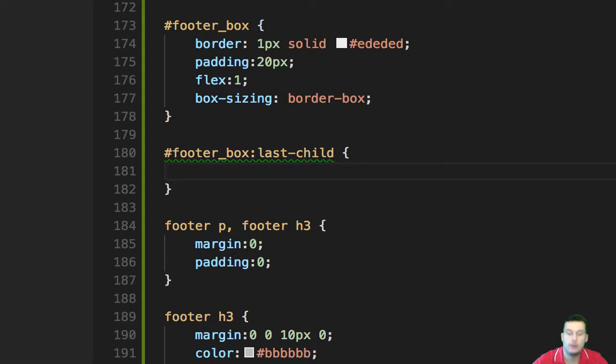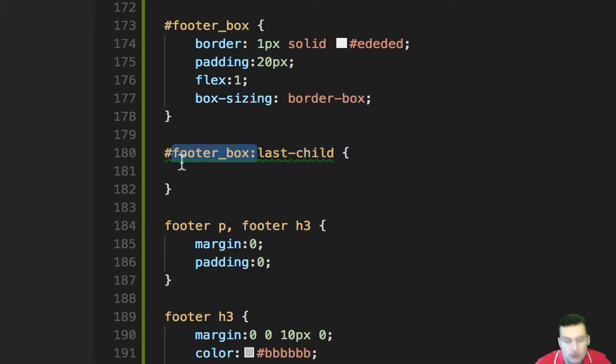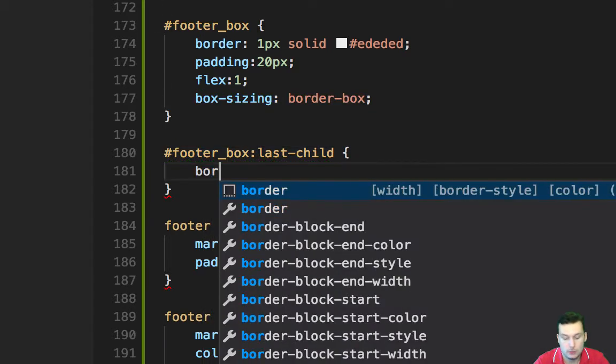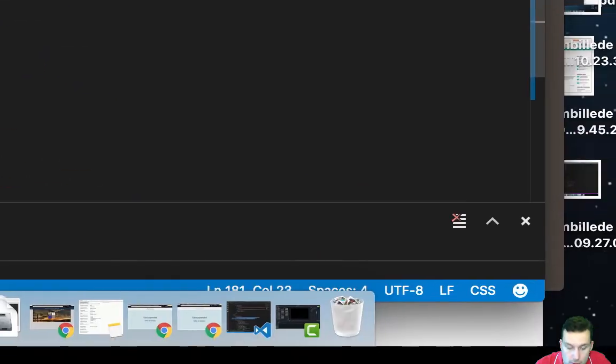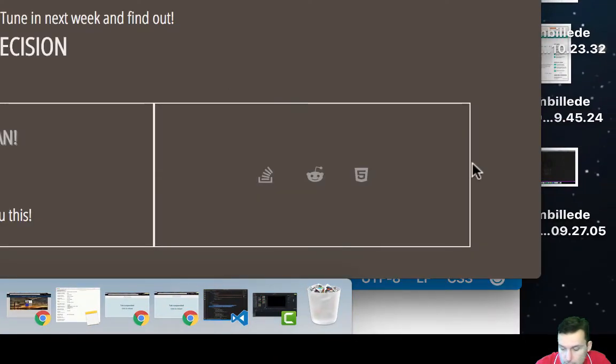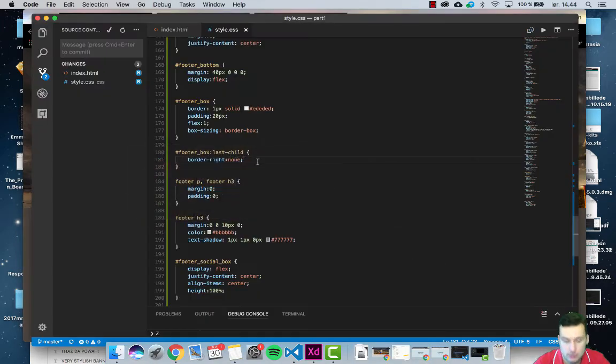This means it's only going to look for a box or an HTML element with an ID of footer box, and only the last item or the last child in that one. So it needs to be in this one. And then we're going to write border, and we're going to write right, and then hit none. So this 1 pixel solid and this color will be removed. So click save, go to your browser, and now this should disappear. And woo, it's now gone. So this is a way of hitting the last piece of